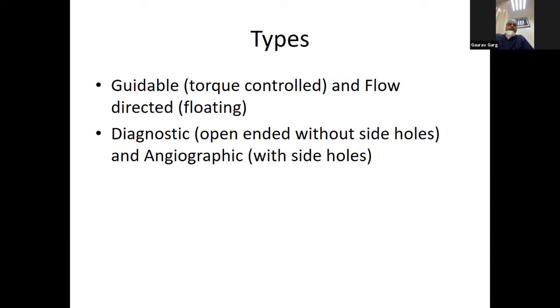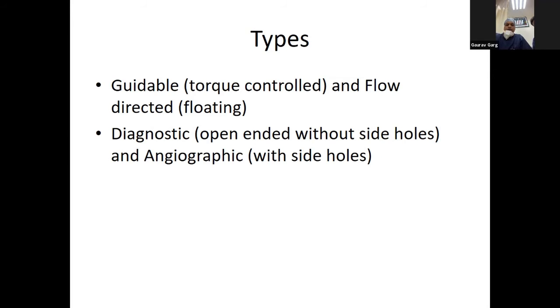Suppose we want to pass a flow directed catheter from the IVC to the RA to the SVC. It will not easily go from the RA to the SVC against the blood flow. Similarly, in regurgitant lesions, flow directed catheters don't easily go. For example, if there is a severe TR, it will not easily pass from the RA to the RV. It will fall back again and again because of the severe TR.